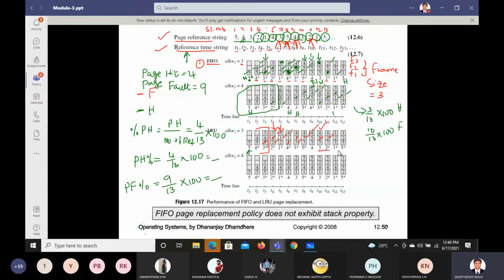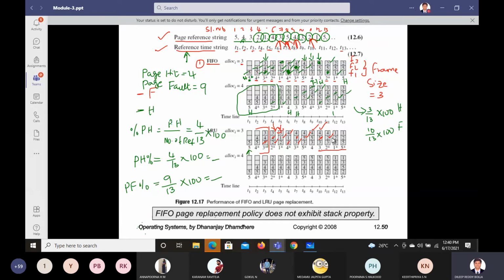Now from this point of time, if you observe carefully, you'll understand the LRU algorithm. Before, the least one was 3, but now in case of LRU, whichever has appeared least, that we have replaced. So 5 is appearing least out of 4 and 3. See here, 5, 4 and 3. So 3 is here, 4 is here, 5 is here. Okay, 3 may repeat here, don't mind about that. So 5 is the least one out of it. So 5 is replaced by 2.